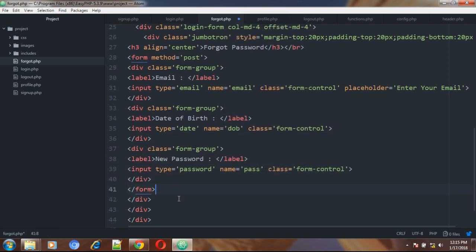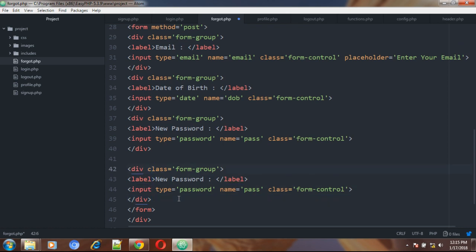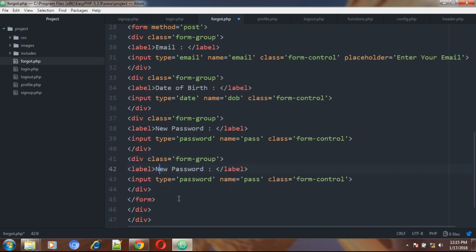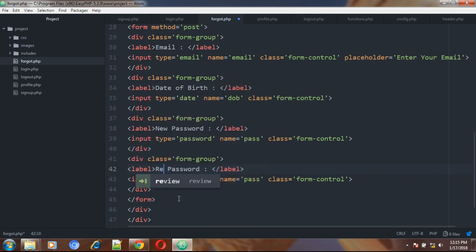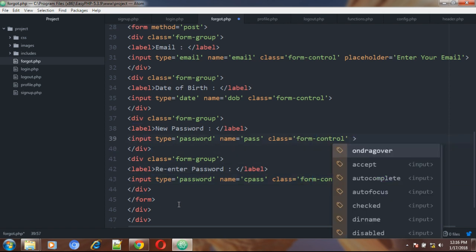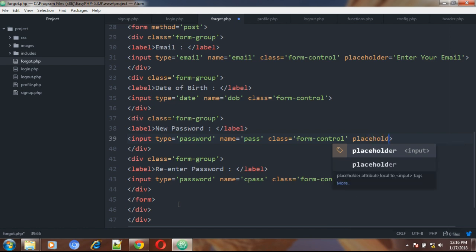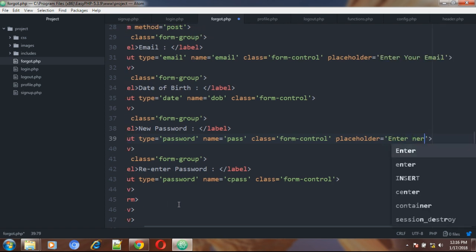Just copy this and paste it over here, and here we will give re-enter password, and we will give it name as C password. And on this field new password we will give placeholder will be enter your password,